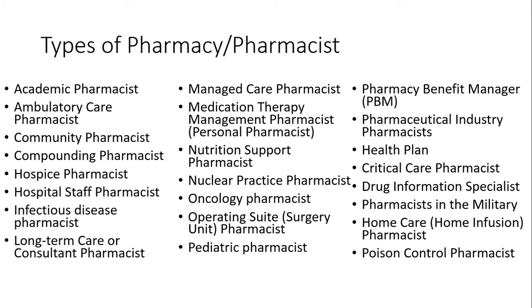All right, so we've used a pharmacist since probably the time we were born. The pharmacists manage all of our medications, manage a tremendous amount of things that are even not medications, or perhaps just don't fit under our general perspective of prescription medication. These are some of the different types of pharmacists or roles that pharmacists serve in, from academia and teaching to